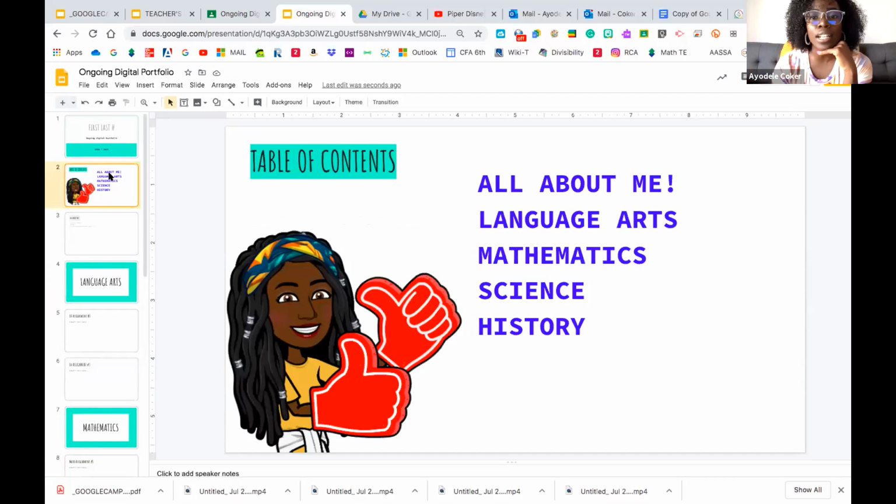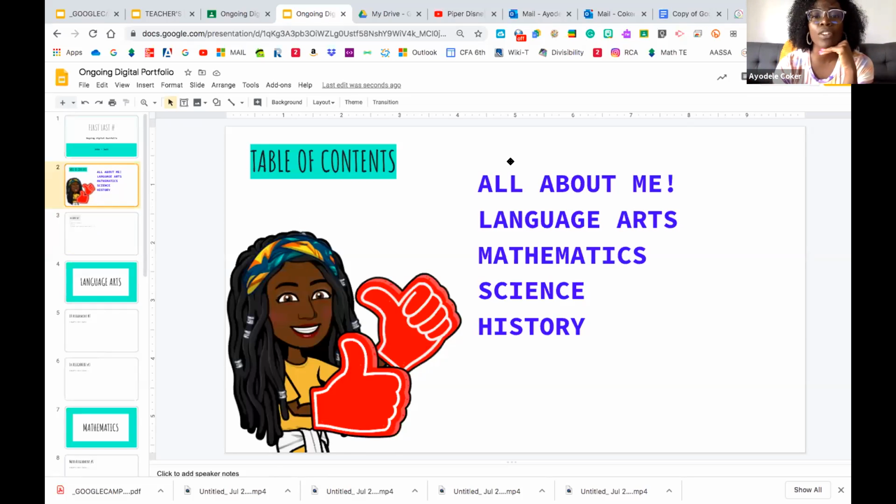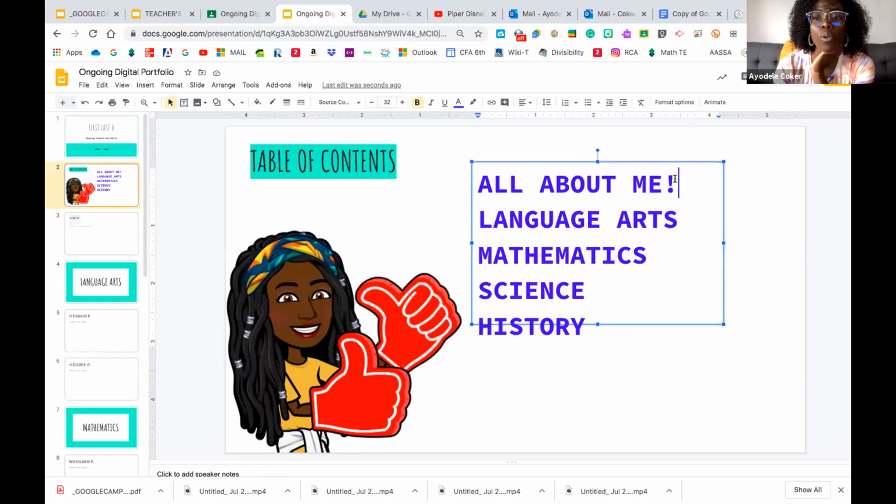Okay, now let's go on to the next part, which is to create an interactive table of contents. All right, so I want the About Me to connect to my All About Me page. Here's where it gets fun. So what you're gonna do is come over here on your table of contents, and I only want you to select the words that you want to navigate you to the All About Me page, okay? So here I'm going to select All About Me. Those are the only words I want to be able to link to that page. Once I select those words or that phrase, you could even do one word or the whole paragraph, but I just want those words. There's this icon right here.